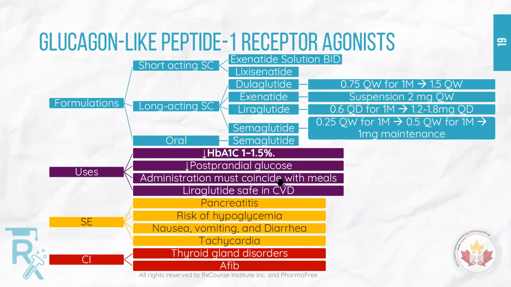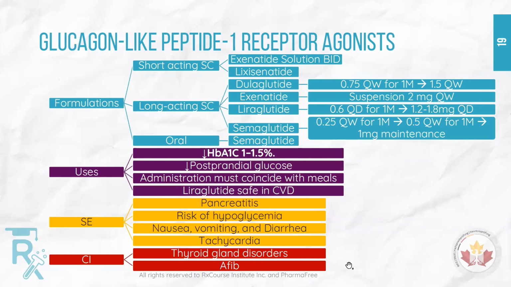This is regarding exenatide, and liraglutide, the Saxenda, can be taken with cardiovascular disease. It's not only safe in cardiovascular disease, it's preferable, as we said, like empagliflozin, because they have shown positive outcome in cardiovascular disease. The side effects associated with the GLP-1 agonist are pancreatitis, also weight gain, and this is a weight loss, sorry, and this is why